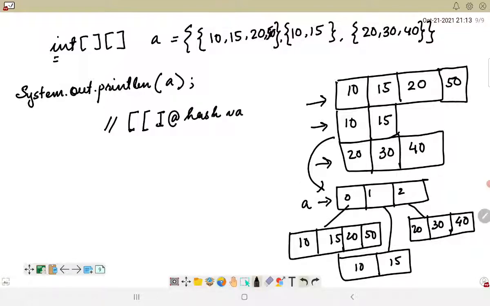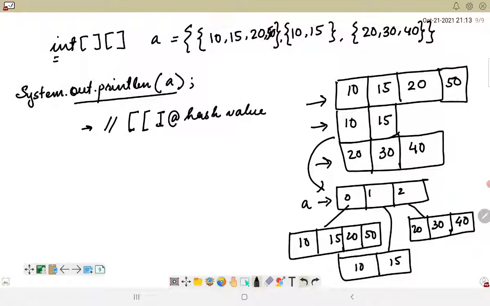We will also see this with a particular program, so now we don't have to worry about this, but we just have to remember that we cannot print or retrieve the elements using simply System.out.println and the array reference variable, because it will compile correctly, no doubt, and it will also execute, but it will not return us the expected outcome.